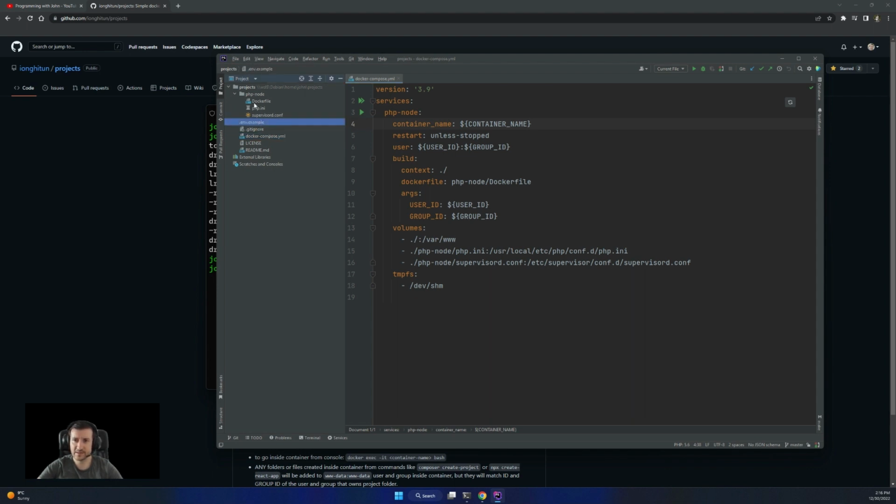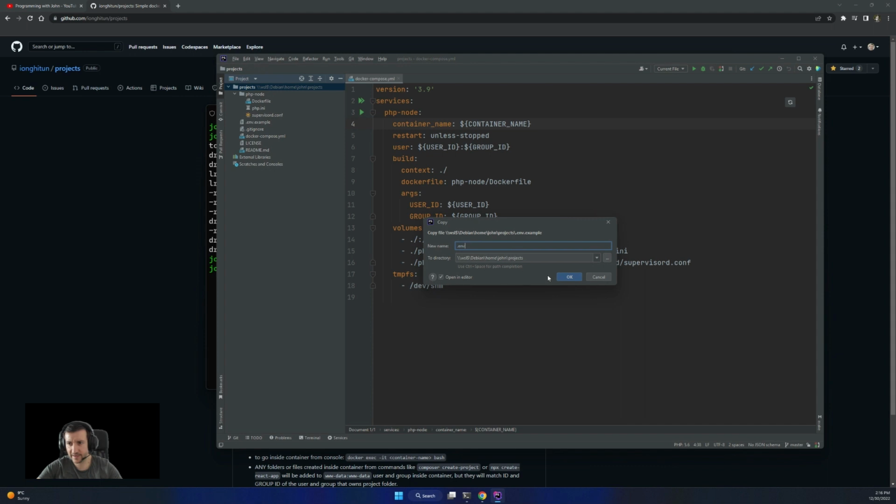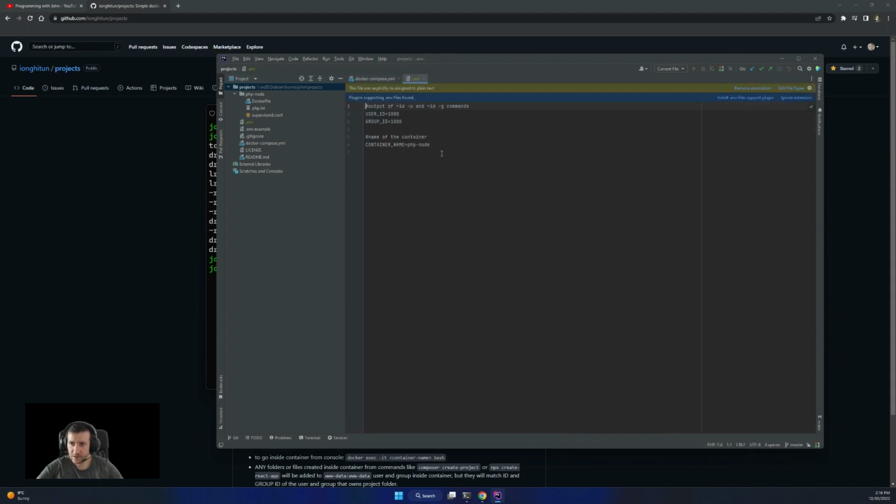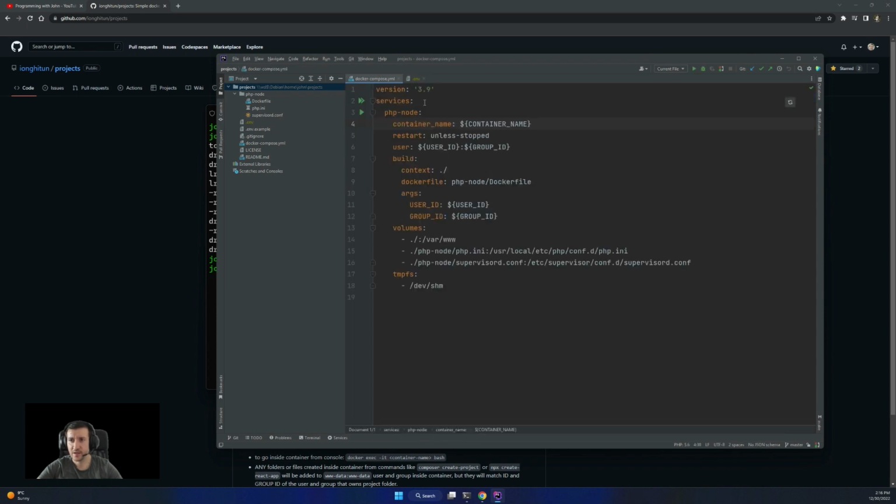So I'm gonna copy this env example file into an env file and we'll see what's in there. Let me make it bigger. We have this user and group, which I'm gonna talk about in a second, and container name. In my case, it's the same as the service, so php-node.